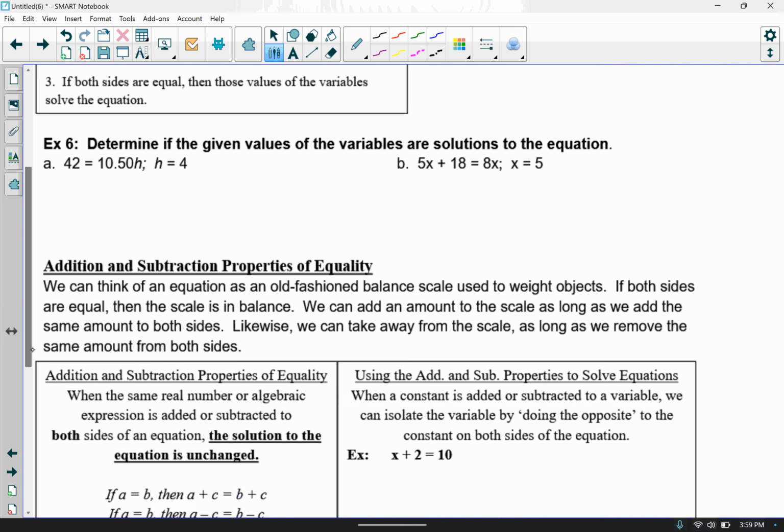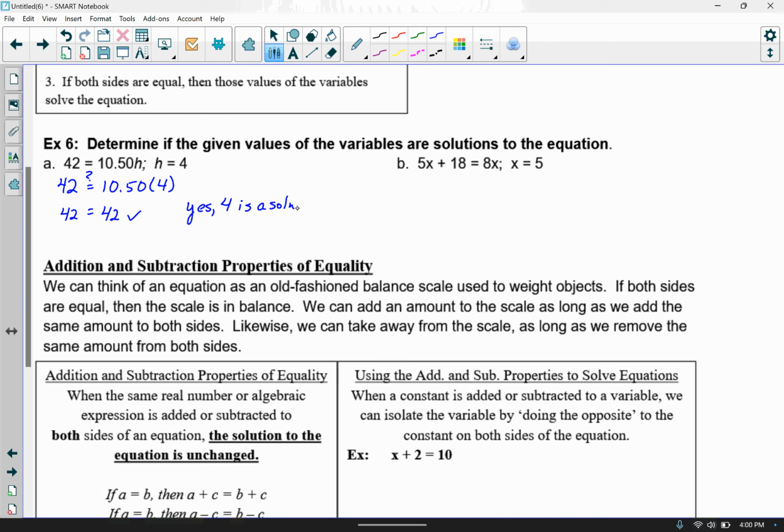In example 6, it wants to determine if the value of these variables is a solution to the equation. So what that means here in letter A is everywhere I see an H, I'm going to plug in 4. So I've got 42 equals 1050 times 4. And what I'm trying to figure out is, does 42 equal 1050 times 4? Sure enough, if you put in your calculator 1050 times 4, you are going to land at 42, and since I have 42 on the left-hand side, I've got both sides equaling each other. So here, yes, 4 is a solution